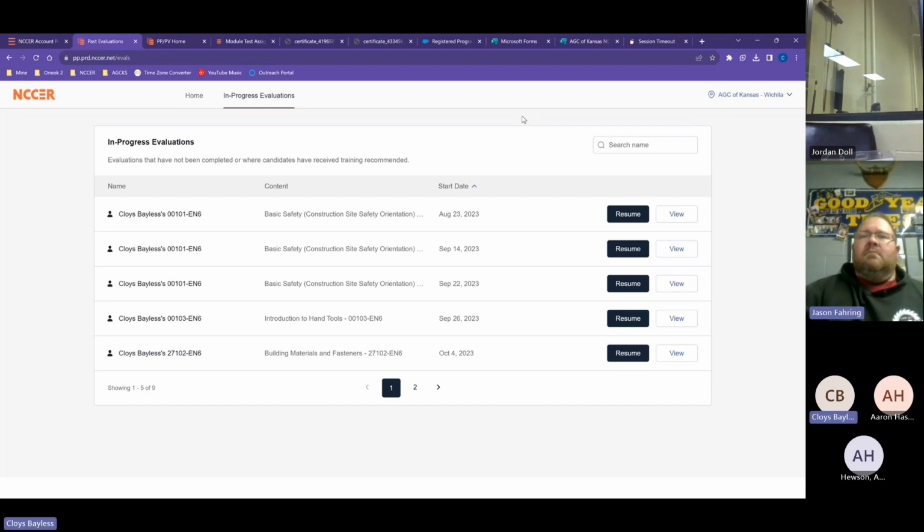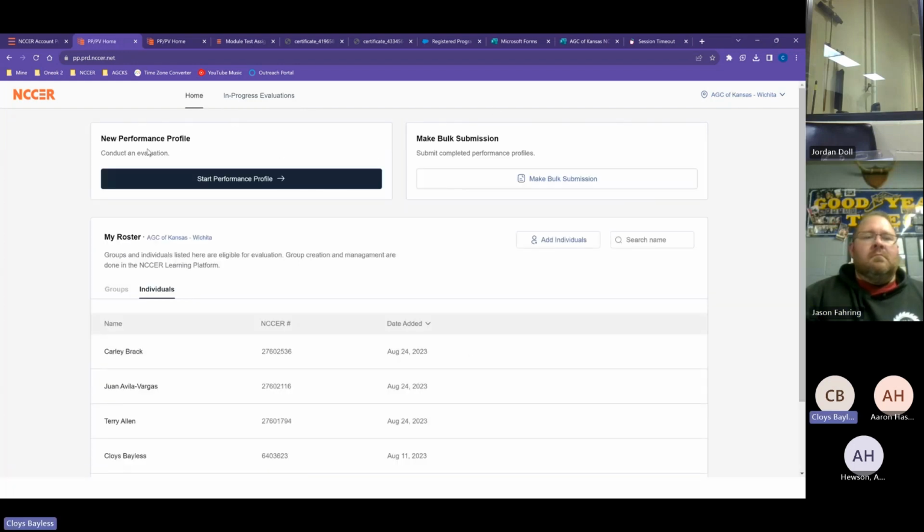But please, please, please enter it on the left. We don't want to keep up with paper, because when I get an audit, I have 60 schools and how many students. If we're keeping up with performance profiles, I'll have to call you up and say, hey, Jason, I need some performance profiles on Johnny from 2 years ago. So it's a lot easier to just start doing it on the left.